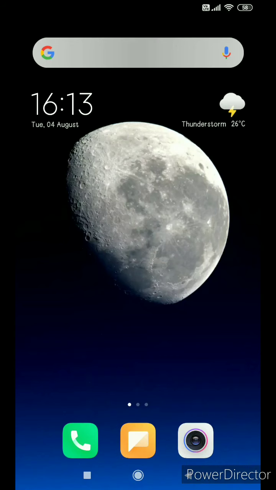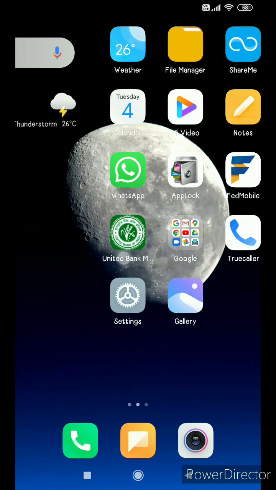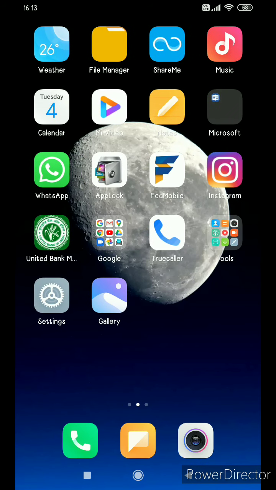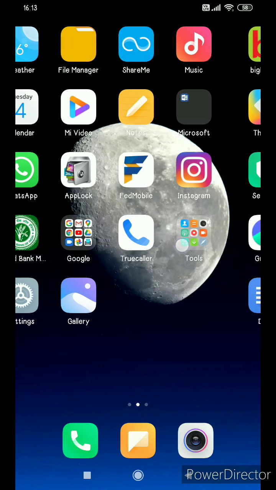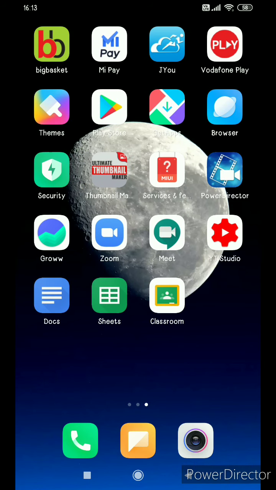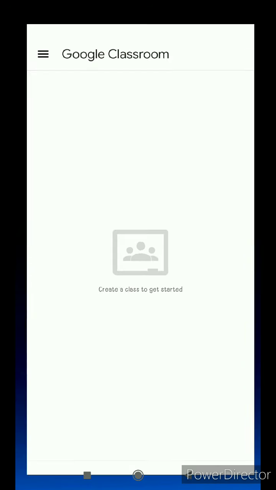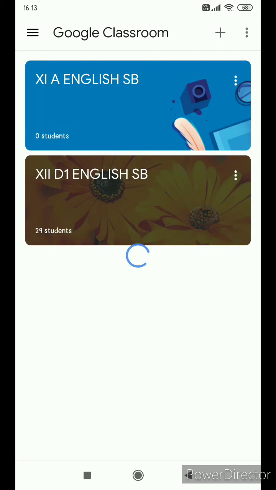The next process would be ideal if you are using Google Classrooms using your personal IDs and you want to curb the unsolicited entry into your classroom. So for that, I will head over to the Google Classroom app on my phone. I'll click on it. And once the home page opens, I'll click on the newly created classroom right on top.